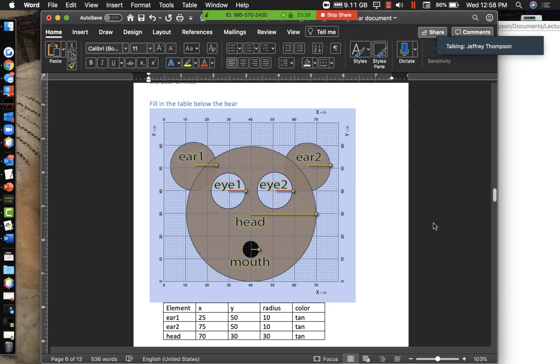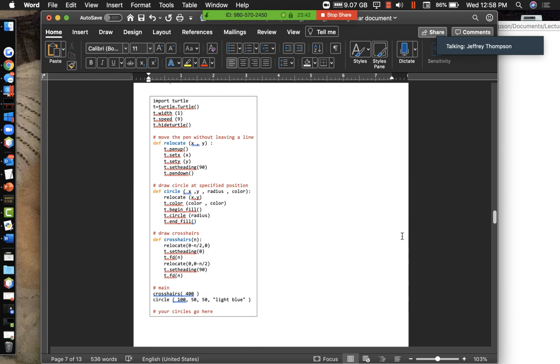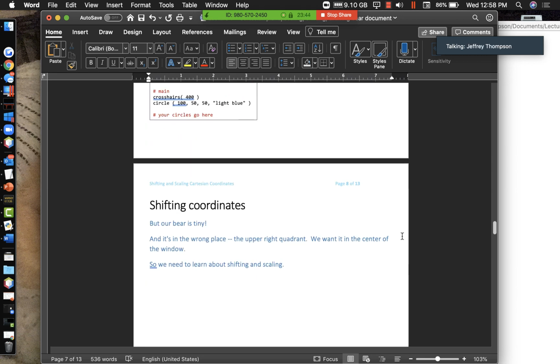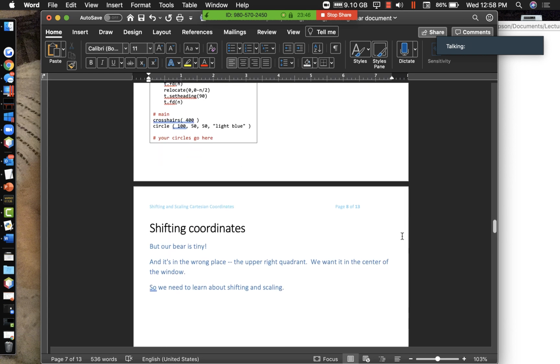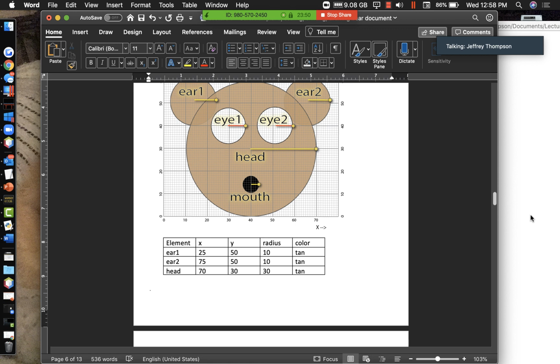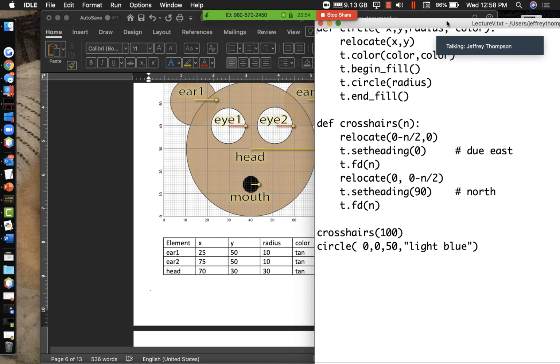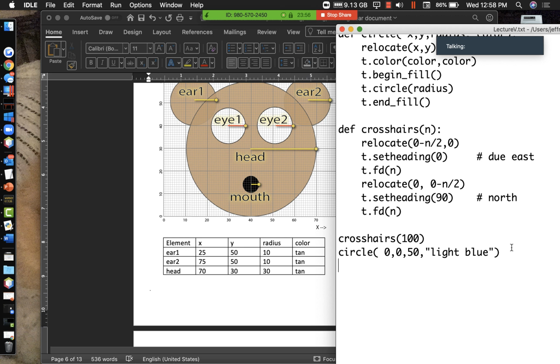All right. So what are we going to do with that information? We're going to code those circles. So I need to have that information on the screen so I can go and put them here. I don't need a light blue circle anymore. The order in which I draw them is important because,